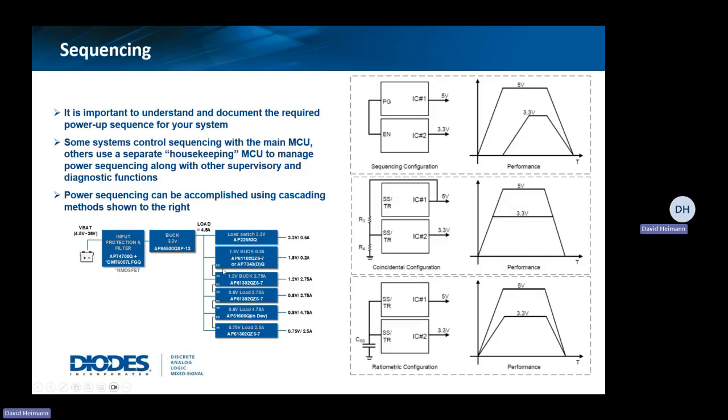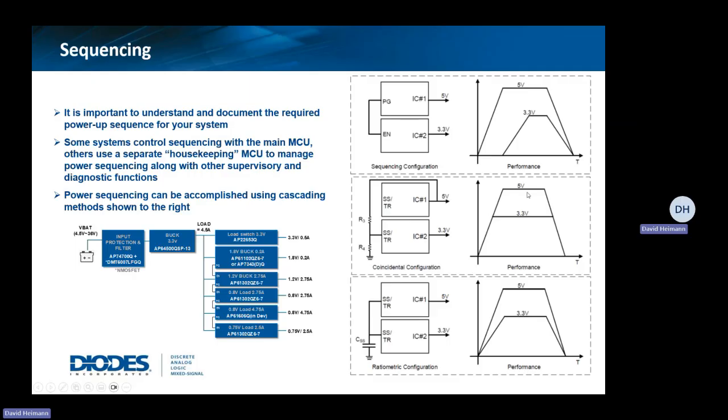These power good pins on DC to DC converters, typically what is on board is actually just a window comparator. So when you're within a percentage of whatever our window is of the correct output voltage, with a slight time delay and some hysteresis, we will assert this power good pin. And as this is asserted, it can turn on the next supply, the next supply, and the next supply. Other ways this can be done is we can do a coincidental type